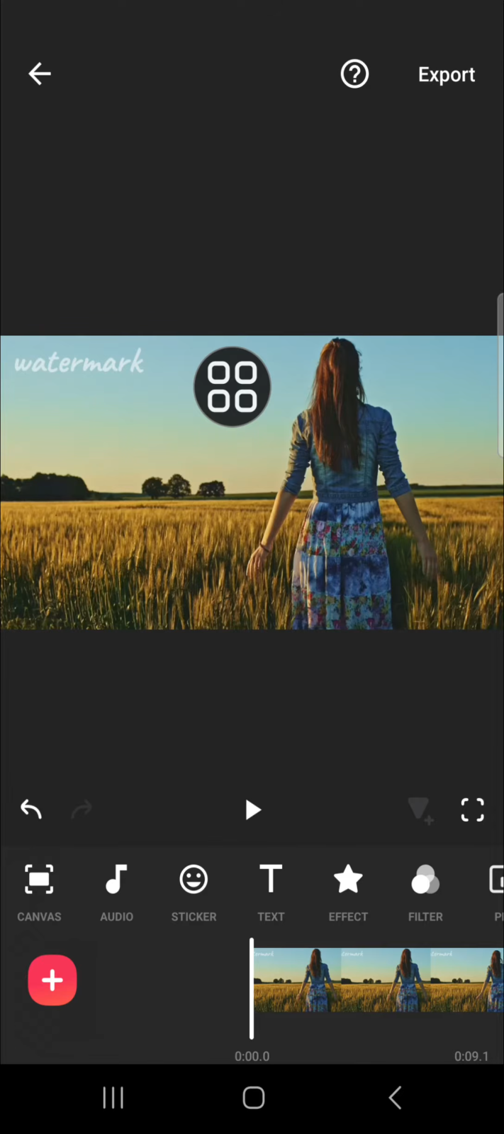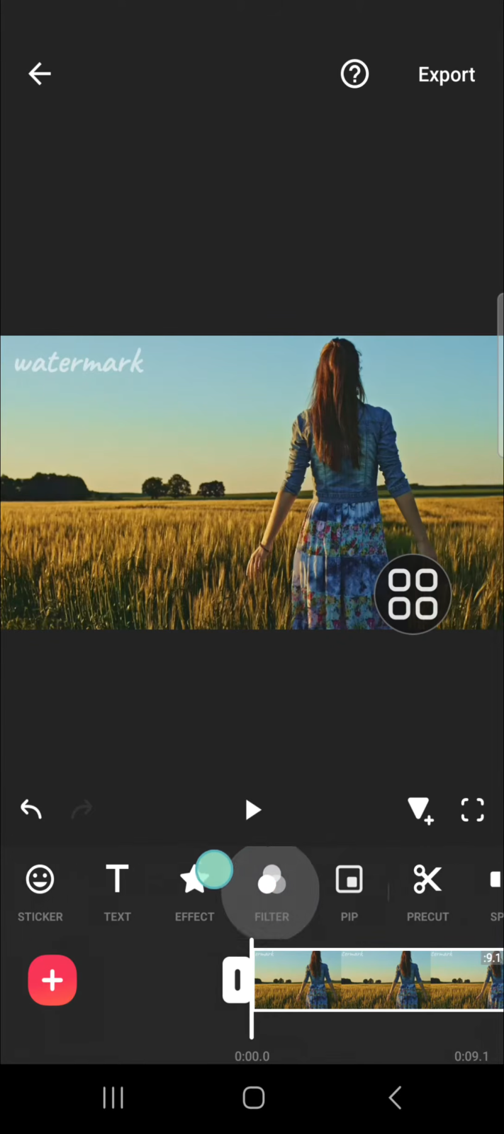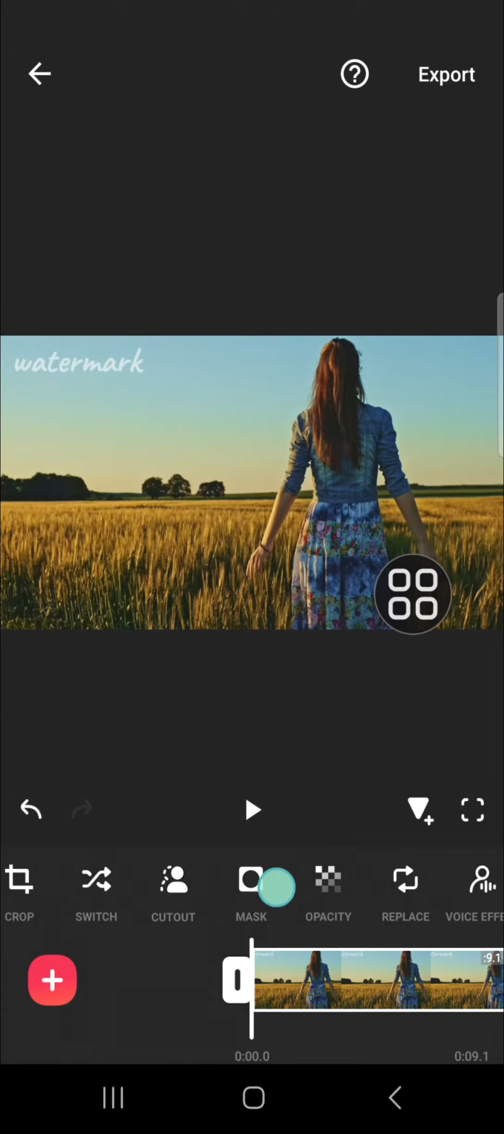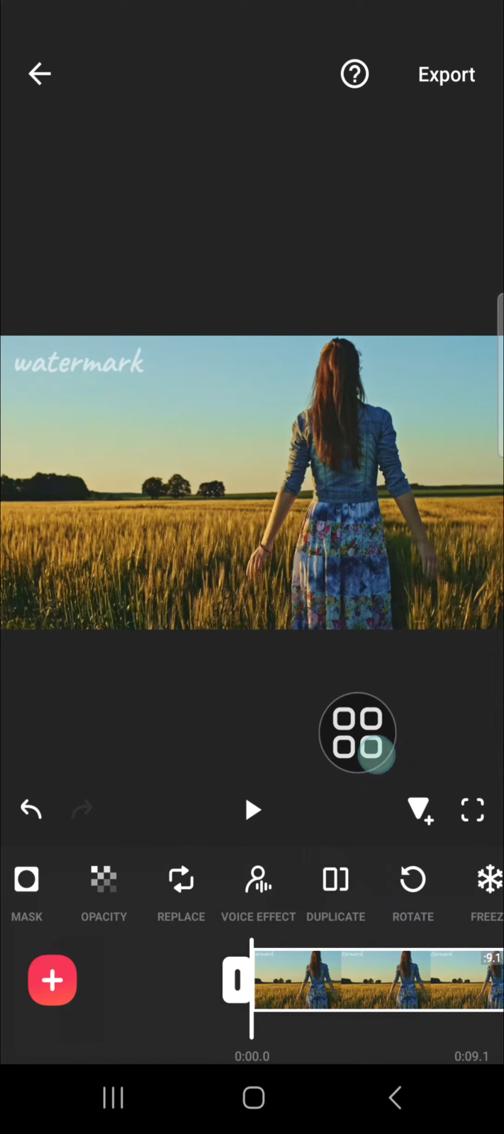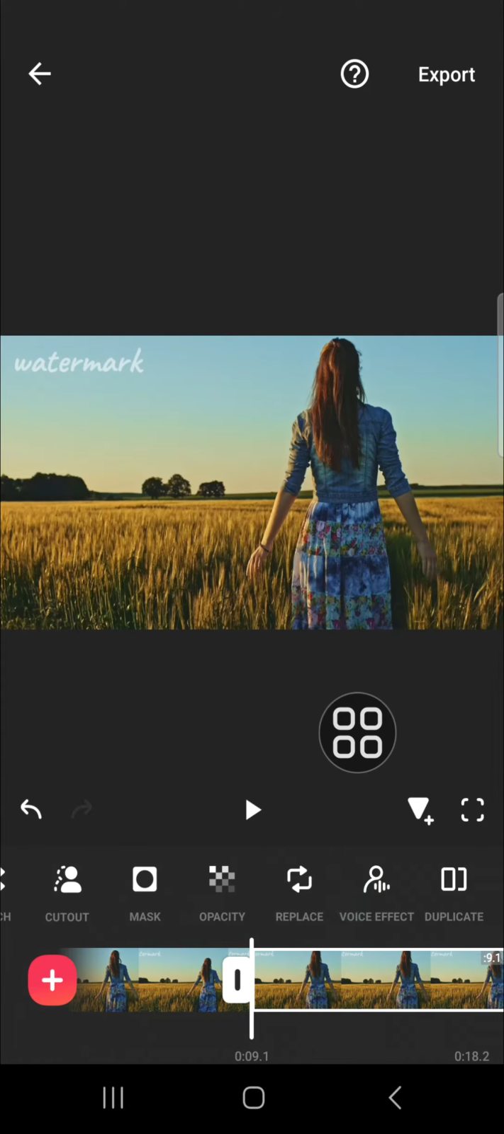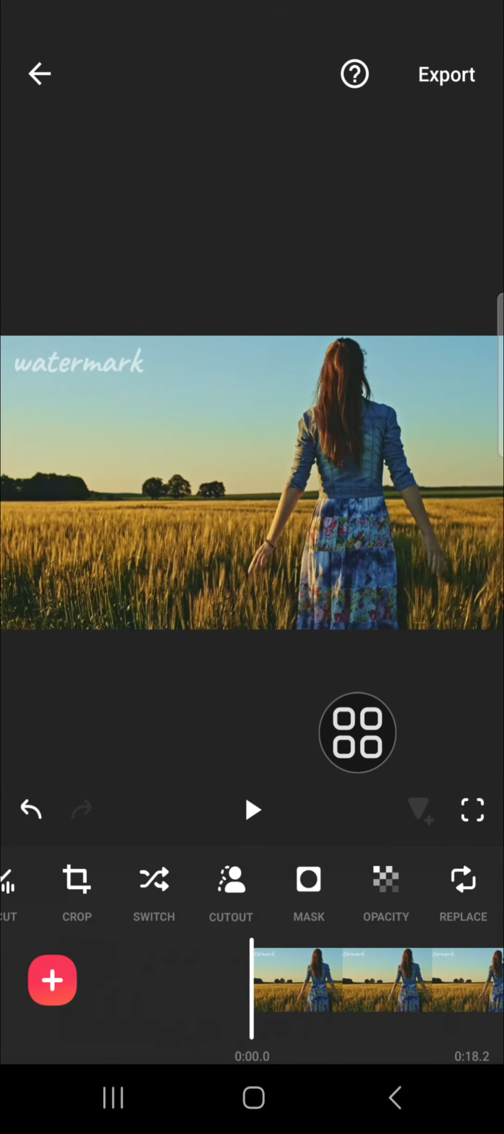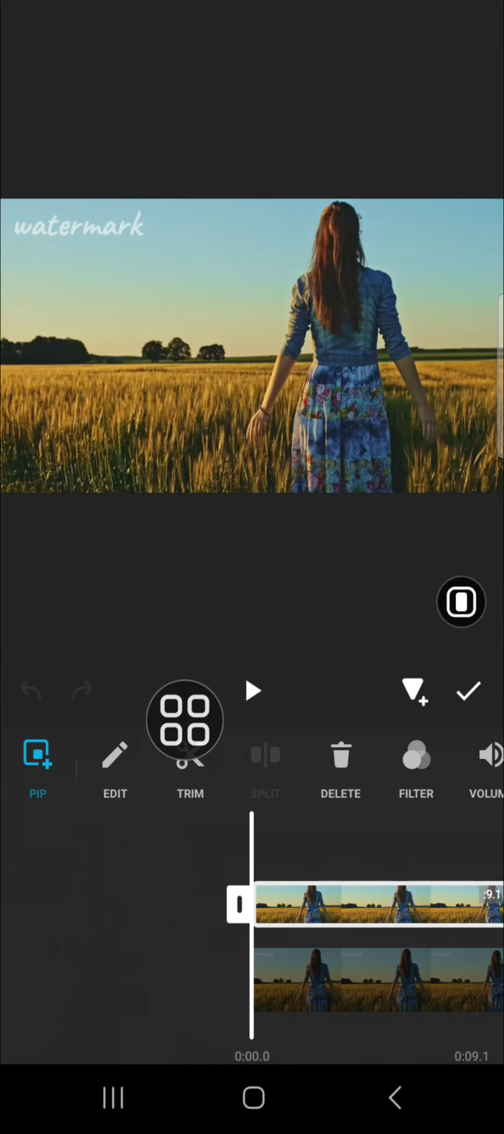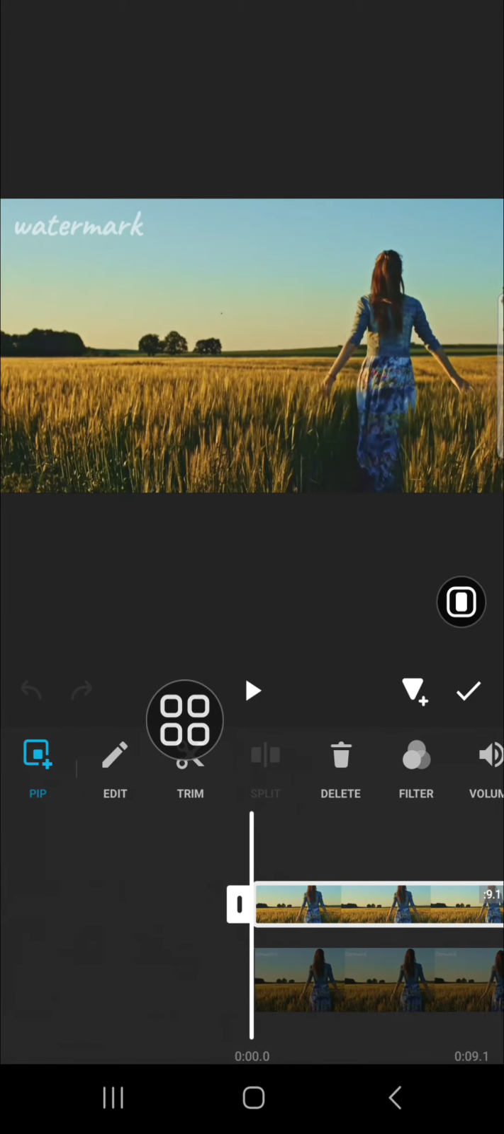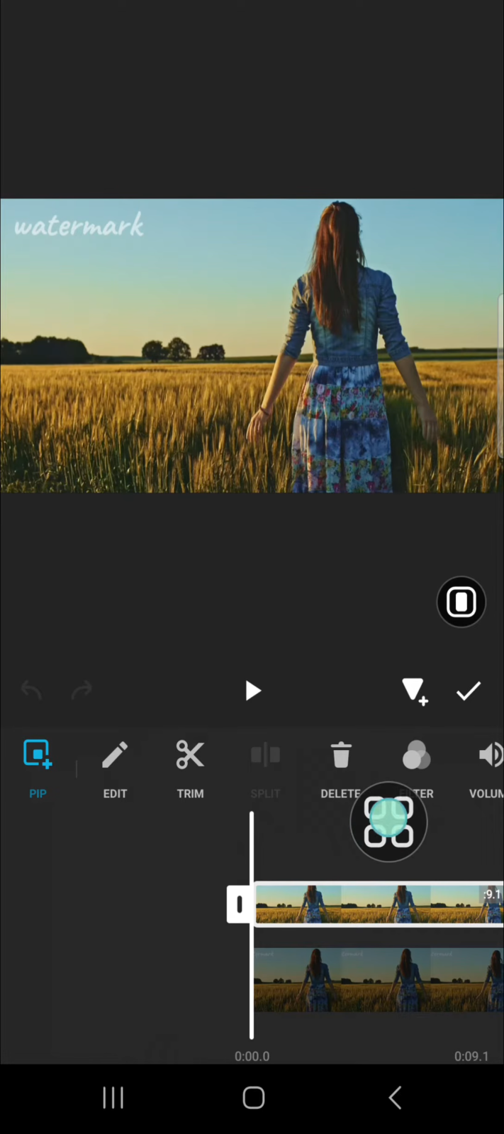If we want to remove text, we need to duplicate our video. Tap on your video and then scroll all the way to the right until you find the duplicate option. And then I'm going to make it an overlay. So I'm going to click on switch. Okay, and as you can see, now the second video is in the first layer, and I'm going